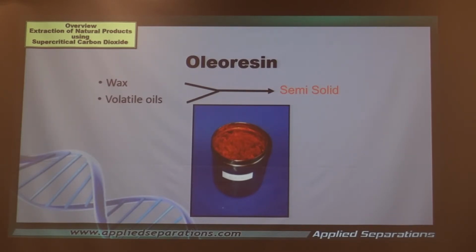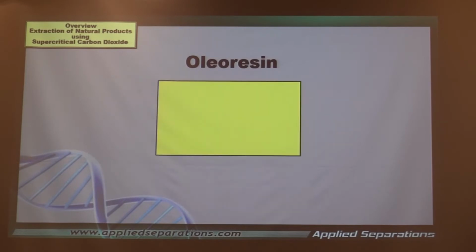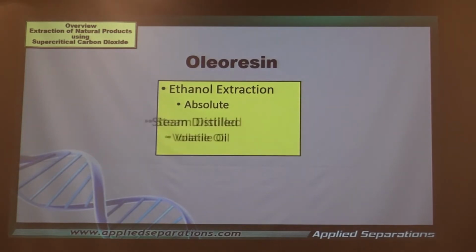We Americans bastardize the name, so we just say concrete, because that's the English that we have. So we could say concrete or concrete. This is a paste. Now we can do the separation of the essential oils this way, or we can take it immediately from the raw material. Either way, this is what we have to do.